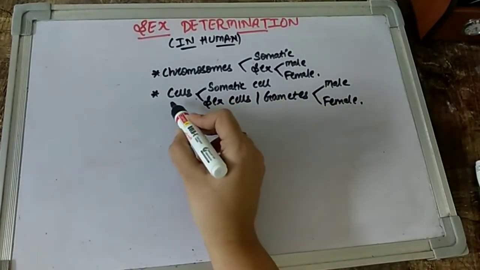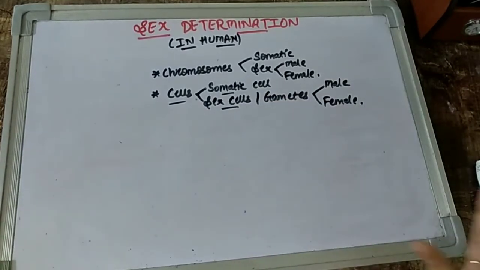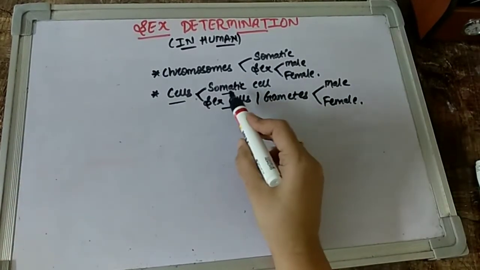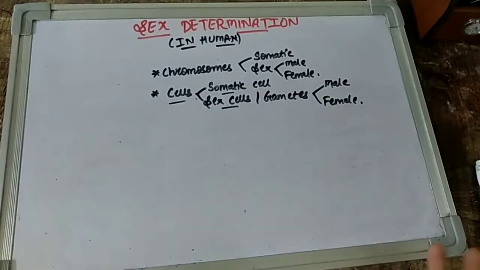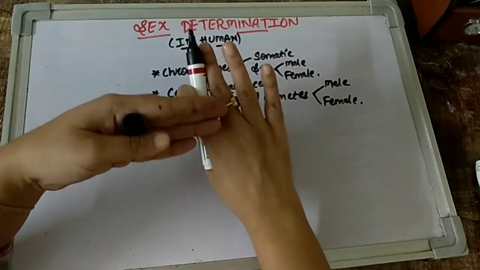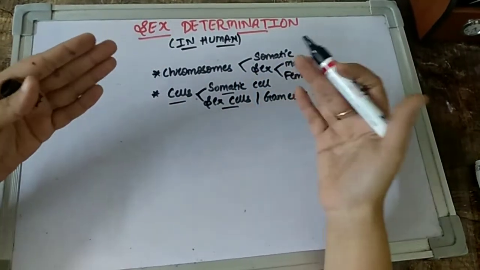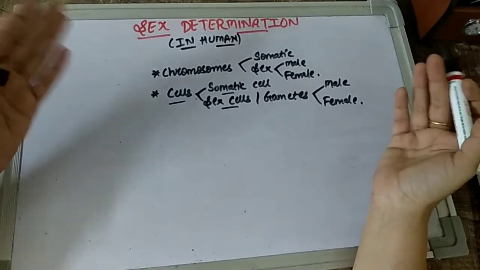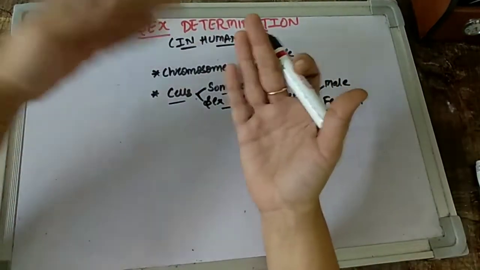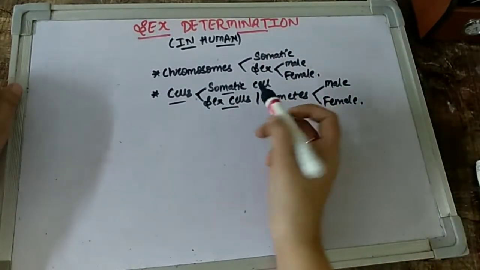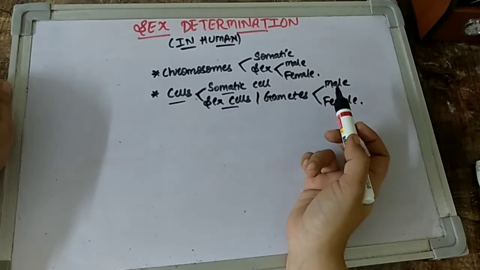And when we talk about these cells, children, definitely these cells have two types of nature. Either the cells can be somatic cells. Now somatic cells are nothing but our body cells, everything that makes up our body, like my hand, any part of our body which is not a sex organ in particular, especially the one that produces the sex cells. Those parts of our body are comprised of the somatic cells or the body cells, as I am talking about.